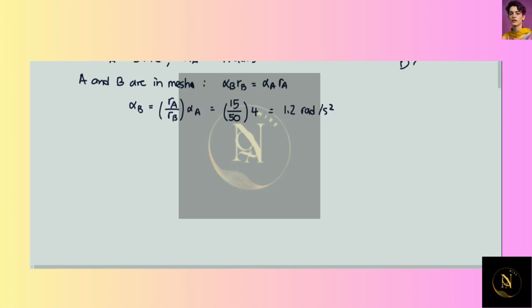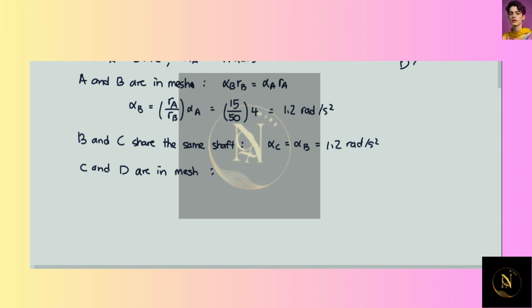Then B and C share the same shaft, which means that they are going to rotate together with the same angular accelerations. So alpha C equals alpha B equals 1.2 radians per second square. Okay, then C and D are in mesh,